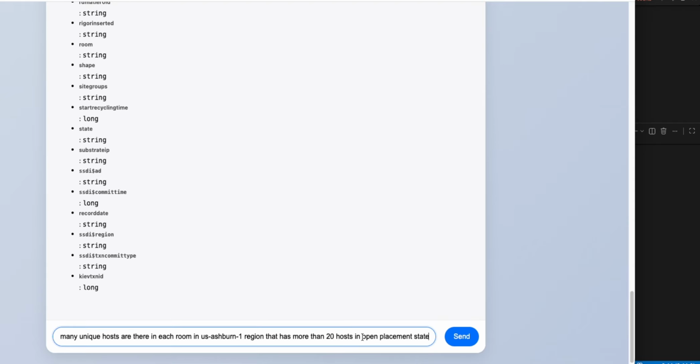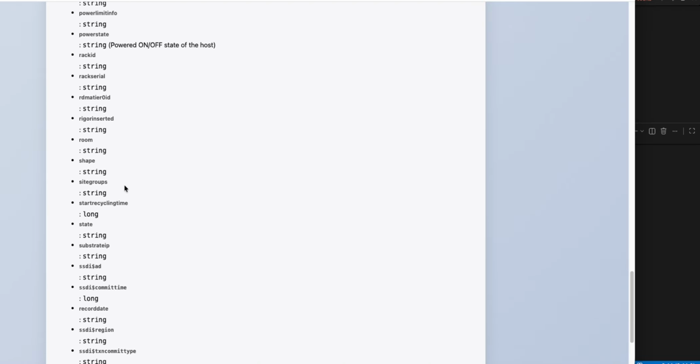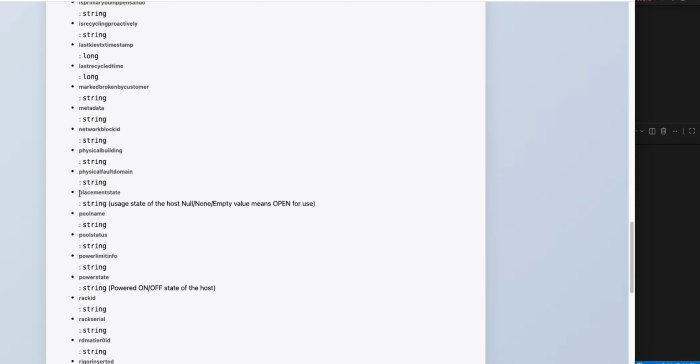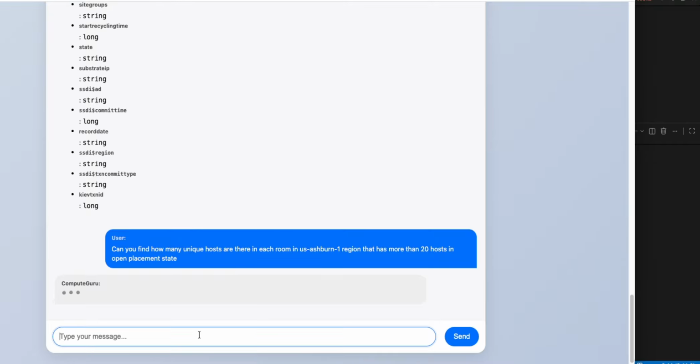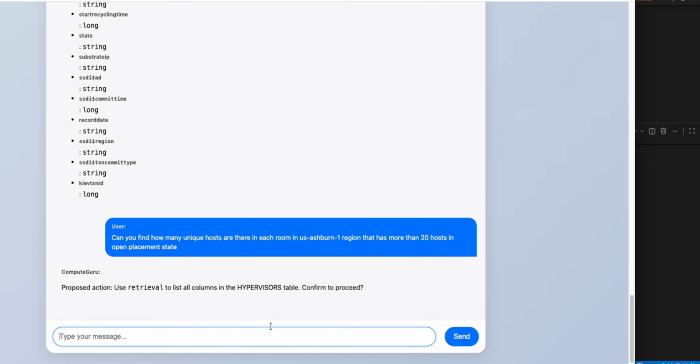Now this open placement state has a column, and the business use case that I have annotated to it is that the open placement state actually comes from the open value itself, as well as from null, none, or empty values. So the expectation is that the LLM will handle all the use cases in the SQL based on this business use case annotation. So let's see what it does. And if it is not able to do that,